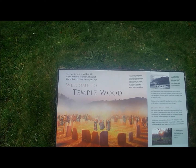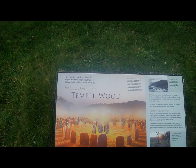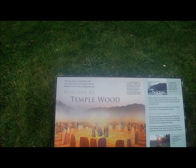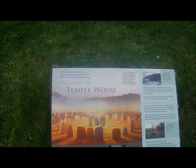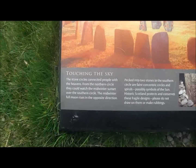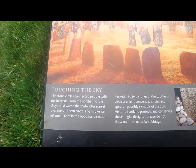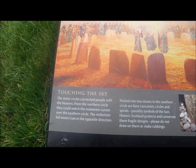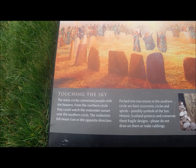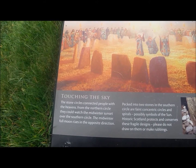It says, welcome to Templewood. The two stone circles either side of you were the ceremonial heart of Kilmartin Glen about 5,000 years ago. The stone circles connected the people with the heavens. From the northern circle, they could watch the midwinter sunset, and from the southern circle, the midwinter full moon rises in